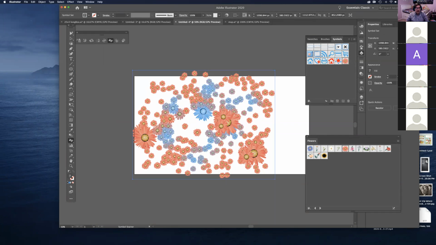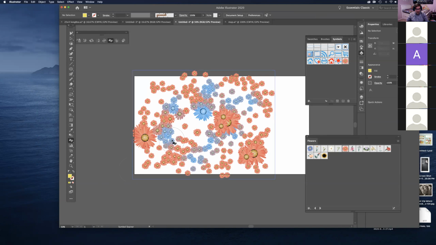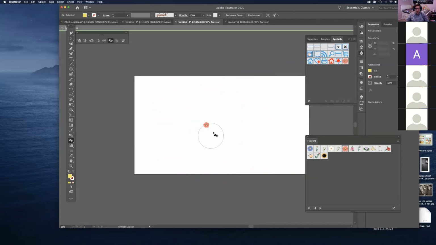Okay, if I select a different color, so let's say that I want to make them yellow, and then I can go in and start staining some of the flowers yellow. Isn't this fun? But remember, these are all the instances of this symbol. Now if I change anything in the symbol itself, if I double click over here,